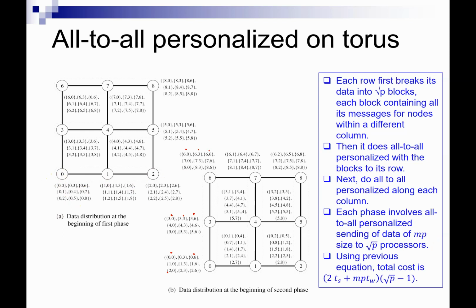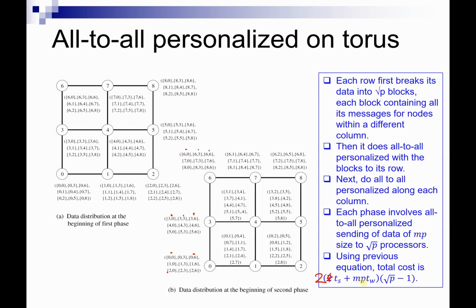So that's for the first phase, and then for the second phase, you're also sending m times p amount of data. And you're sending this to root p processes again. Right, so I should have the 2 out here. The 2 is not over here. So then the total amount of time this is taking is basically going to be this expression over here,